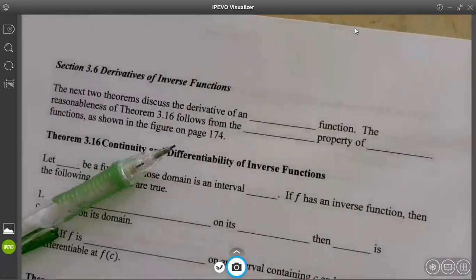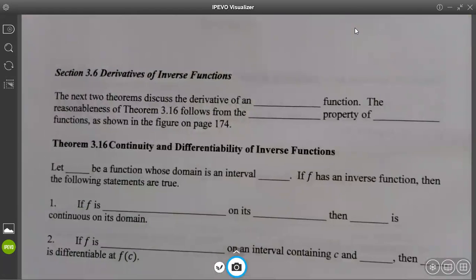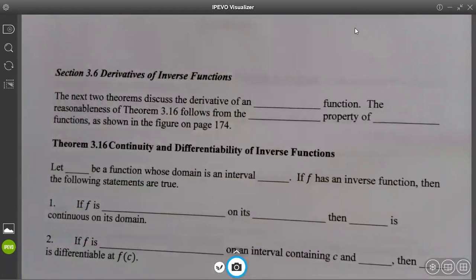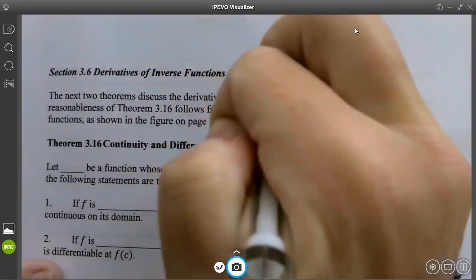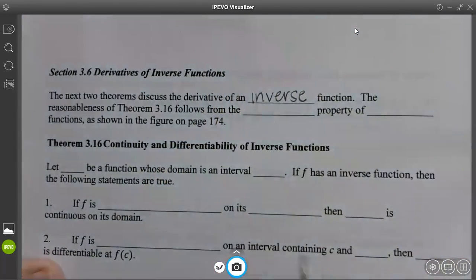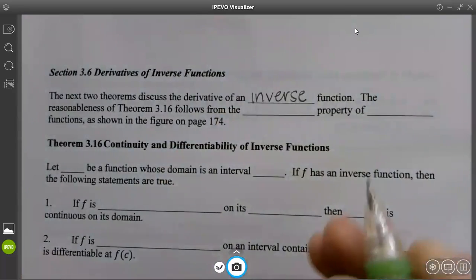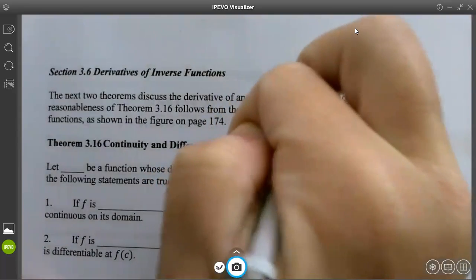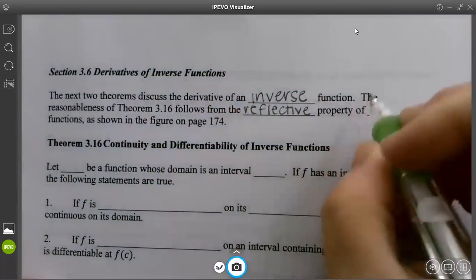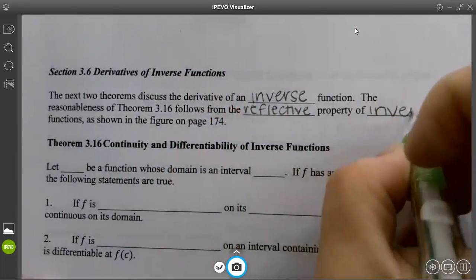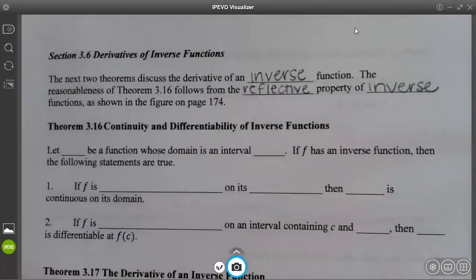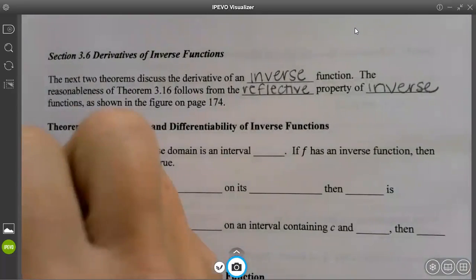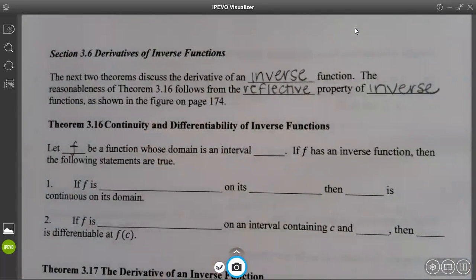We're going to start on 3.6, derivatives of inverse functions. So the next two theorems discuss the derivative of an inverse function. The reasonableness of Theorem 3.16 follows from the reflective property of inverse functions. So Theorem 3.16, continuity and differentiability of inverse functions, says let f be a function whose domain is an interval